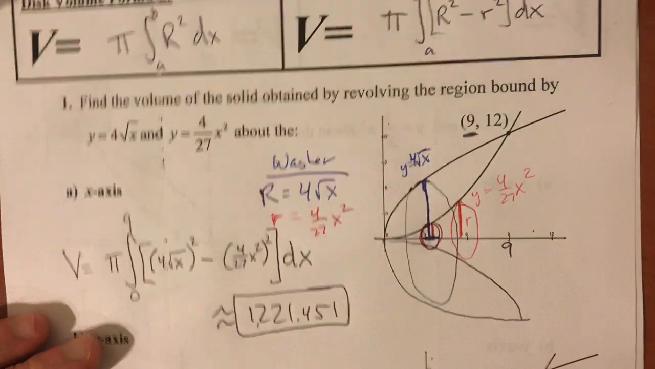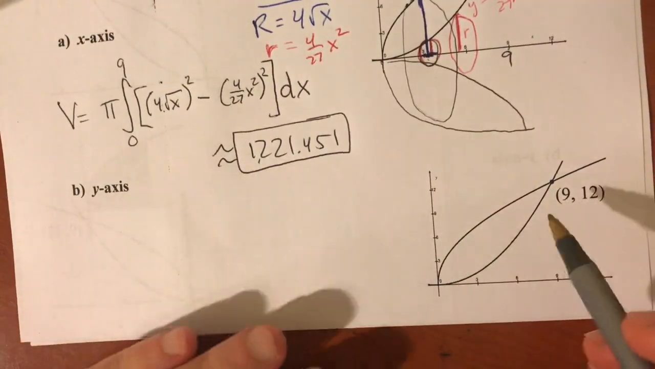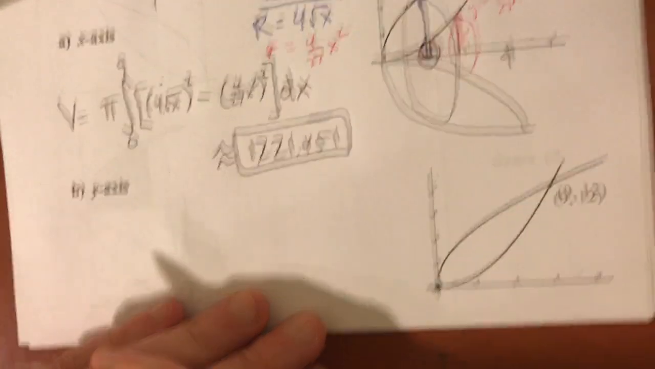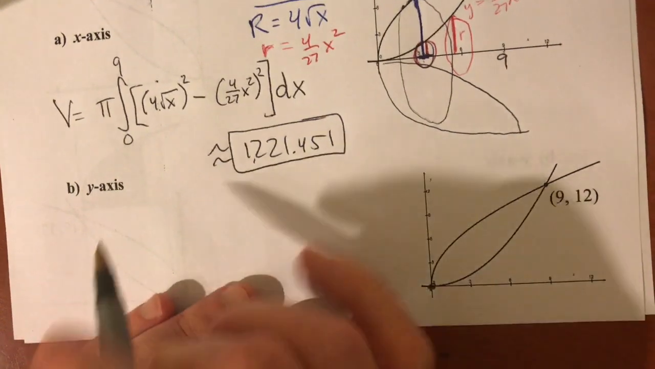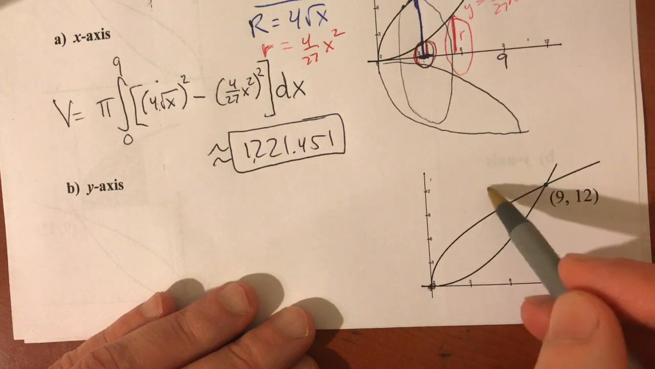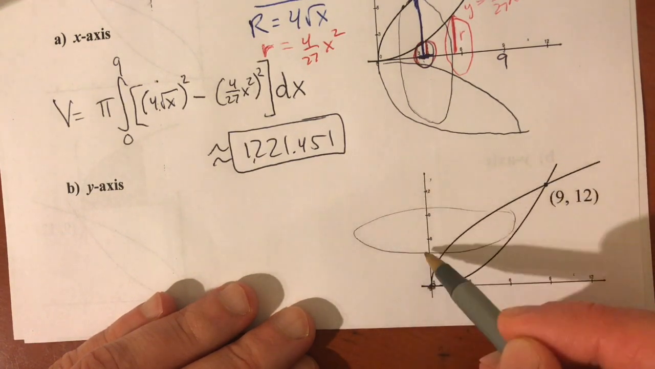Okay. So a follow-up example is, well, what if it's the same region, same equations, same intersection point, of course, and yes, they intersect at 0, 0. Maybe that should be said. But what if we revolve it the other way, around the y-axis? So you'll be going in this direction, and there will be that